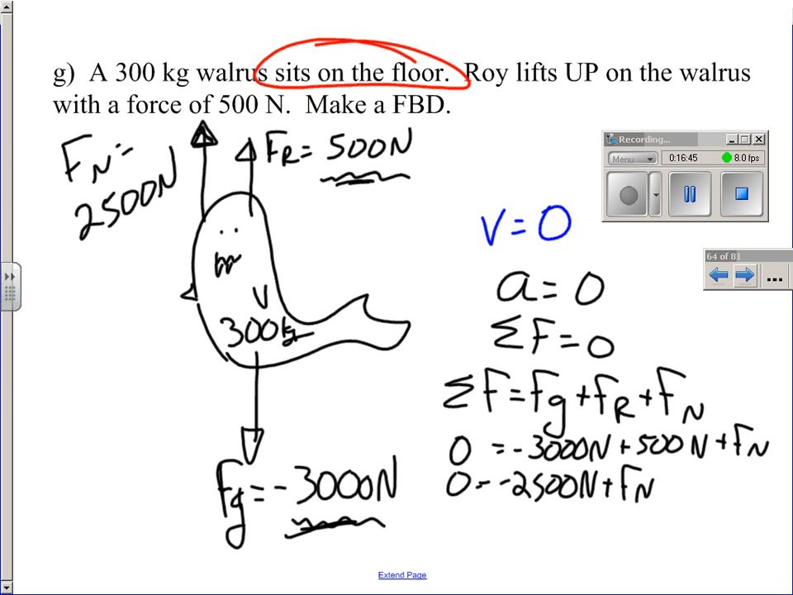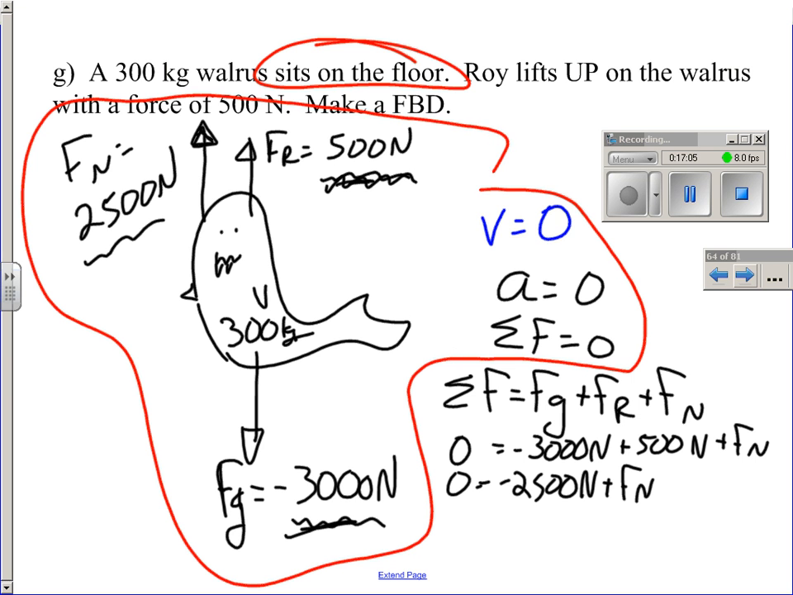And basically what's happening here, you guys, is Roy, by lifting up with 500 newtons, has taken some of the weight off of the ground, right? And so, as a result, the ground only needs to provide the extra 2,500 newtons to prevent the walrus from falling. Okay? So here is my completed